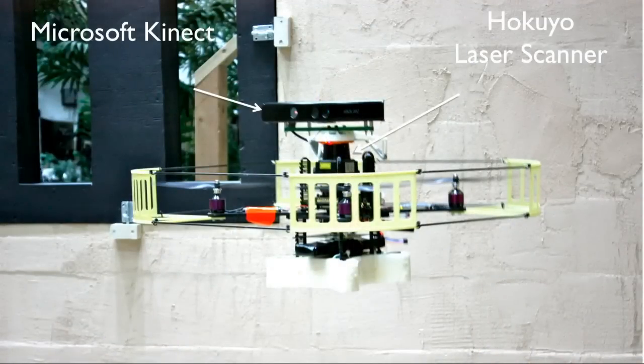So this robot has 2 pieces of hardware. One is a laser scanner that essentially produces a 2D cloud of points at a 270-degree field of view out to about 30 meters. The second is an off-the-shelf Microsoft Kinect RGB depth camera that is, again, good to between 3 meters to 5 meters out with a 40 degrees field of view. Using both these sensors, the robot can now start distinguishing features in the environment and triangulating off of those features. This allows the robot to localize,